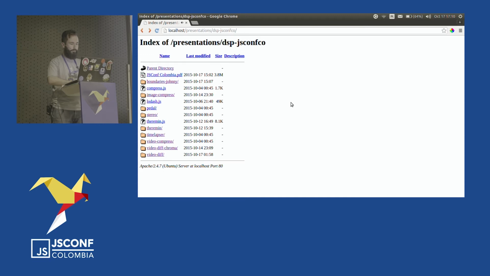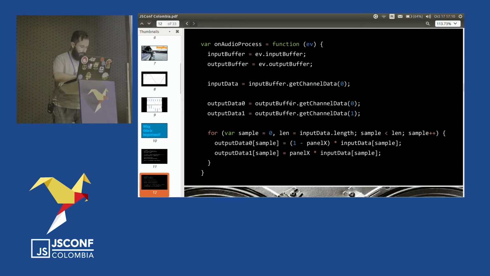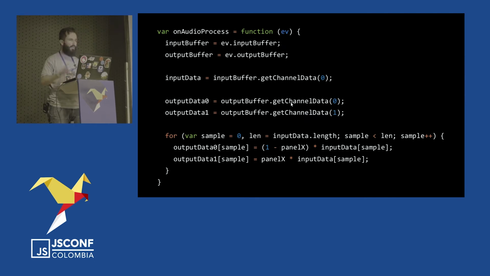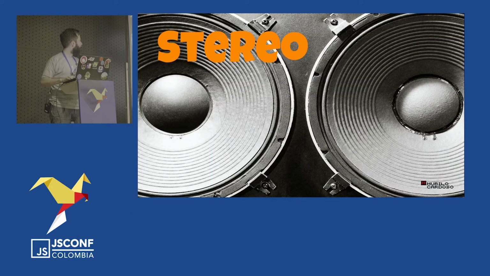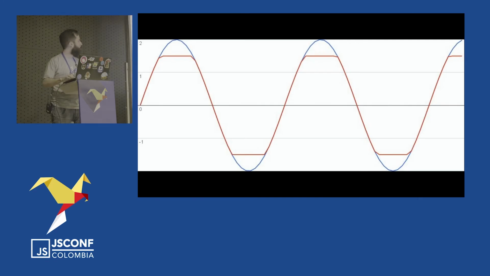Just to have stereo control, I have stereo control on my panel. But maybe you use it for games too. And I can make a guitar pedal, for example, because if I can affect the amplitude of the signal, I can do something like that.